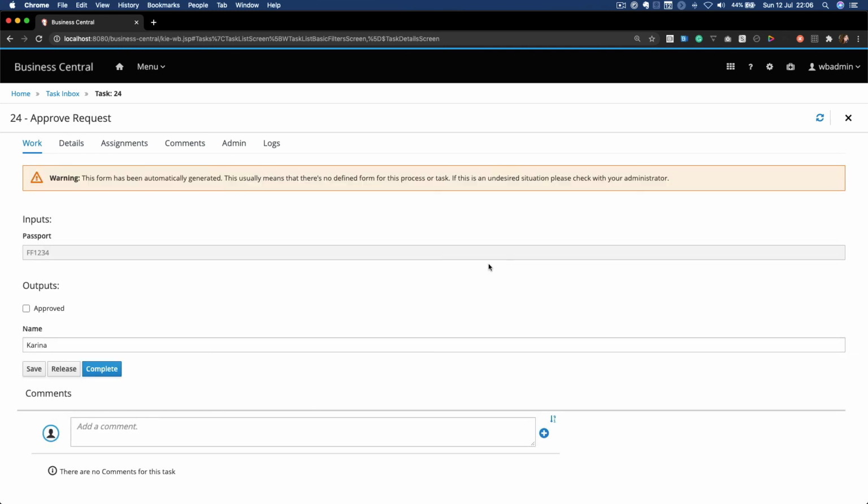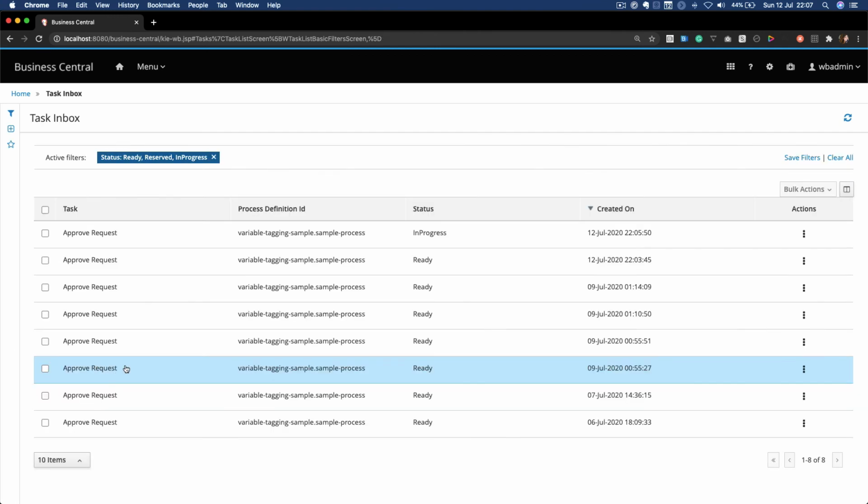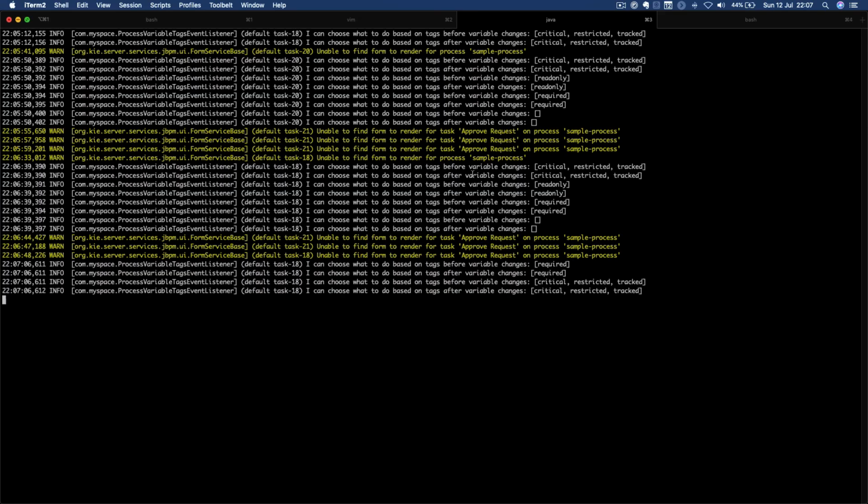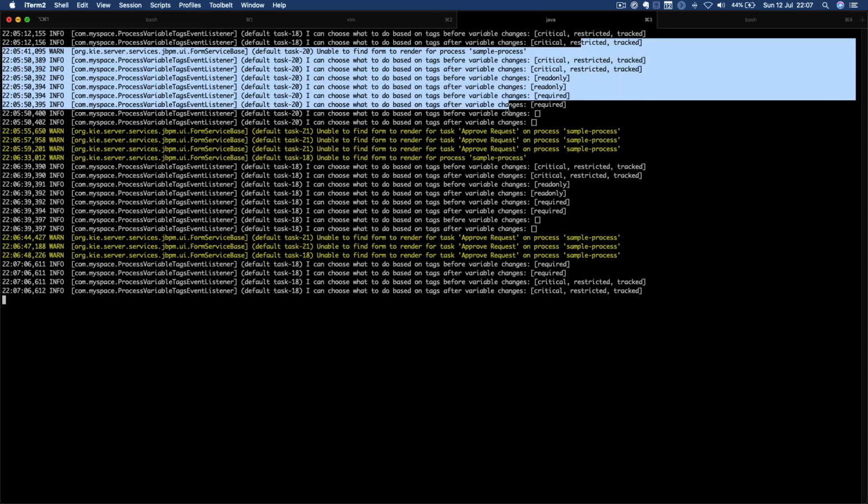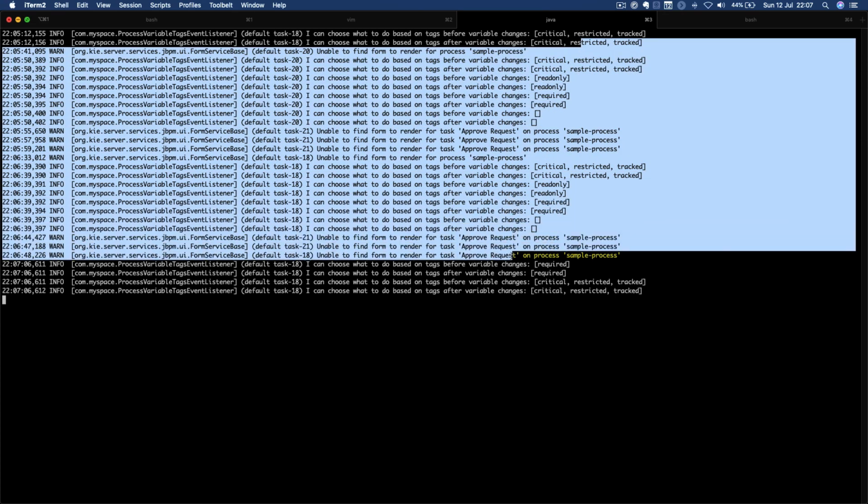You will notice that the form is already generated with a read-only input, so I'm not able to change this. So let me just fill this, Karina V. So if I go here, I can see all the outputs printed whenever my variables got changed.